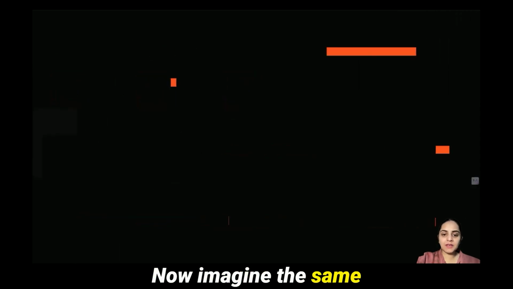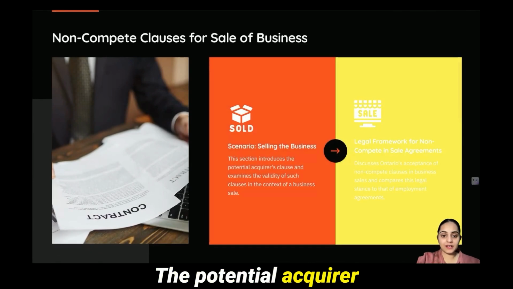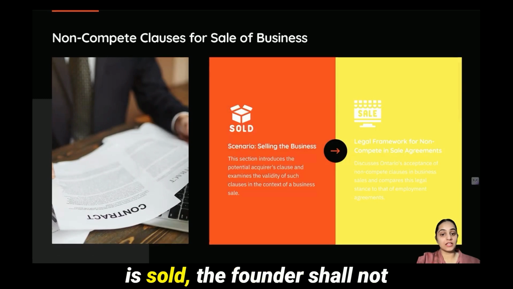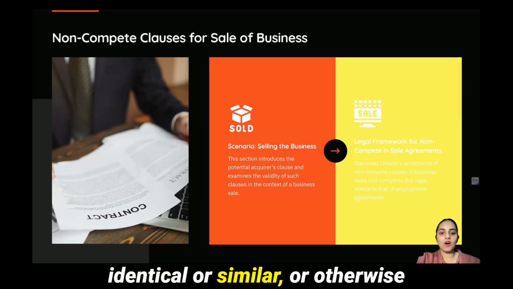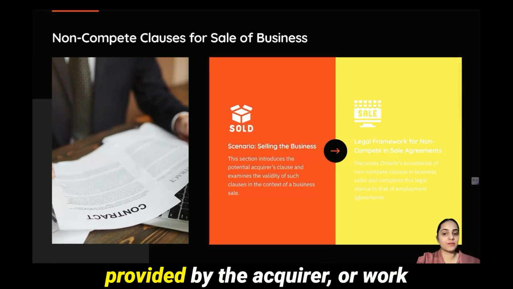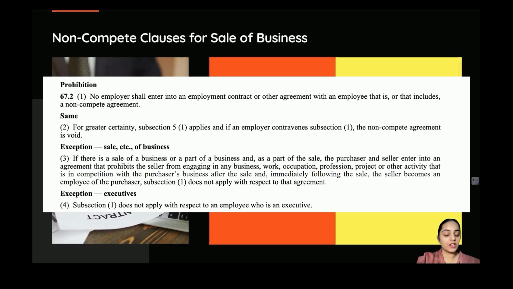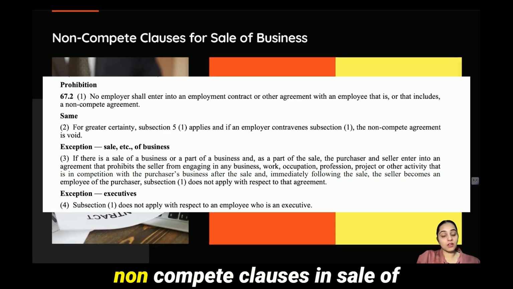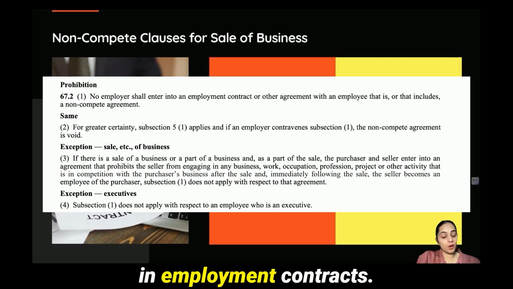Now imagine the same Canadian startup founder is selling the business. The potential acquirer inserts this clause. For 3 years after the business is sold, the founder shall not start any new business which is identical or similar, or otherwise competes with the services provided by the acquirer, or work with a competitor in any capacity. Will this clause be valid? Look at the exception. Yes, because Ontario law allows non-compete clauses in sale of business agreements, unlike in employment